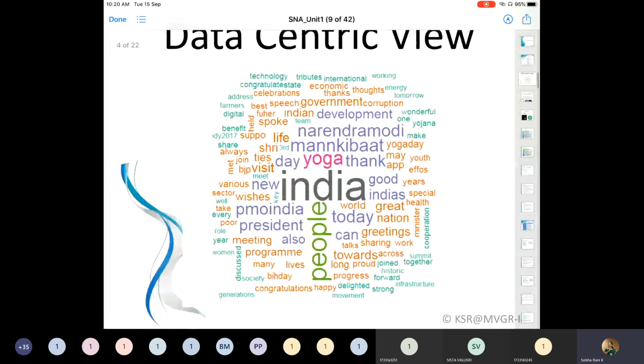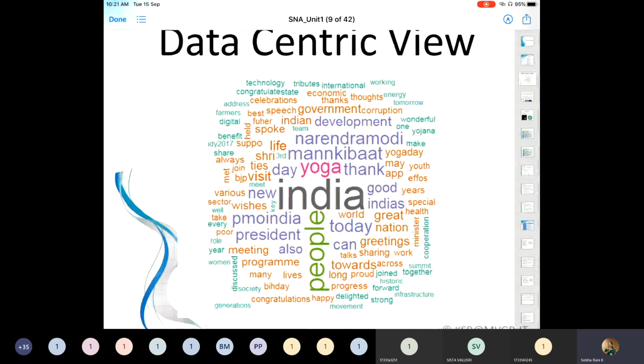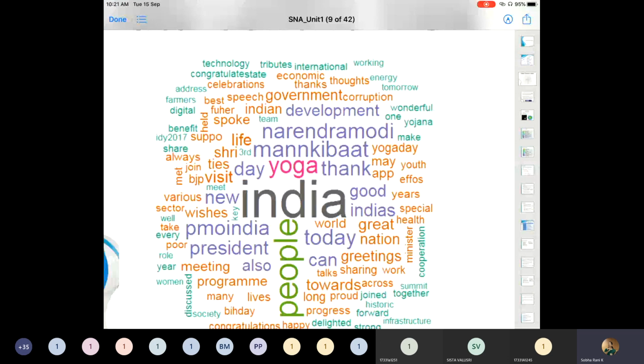This is the data-centric view. This is a real-time output of mine. I have tried to extract a word cloud from Twitter in the last year. We have some R API, and with that we used a keyword called India. These are the words that were extracted from the tweets on that day. My input query was India, and these are the words seen in the tweets where India is tagged or referred. This is the output. Can you see some words